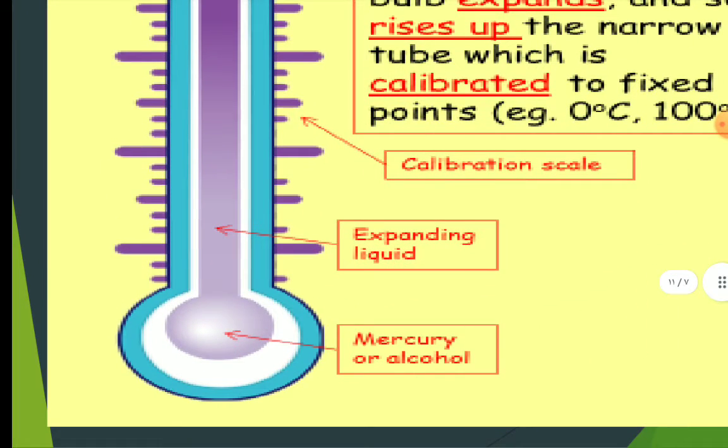Alcohol is often used instead because A, it can be used at a very low temperature, and B, it can expand 6 times more than mercury. Okay, unfortunately it cannot be used in very hot places because it boils at a lower temperature than mercury. The mercury, unfortunately, freezes solid if it is used in very cold places, unlike alcohol. Okay,